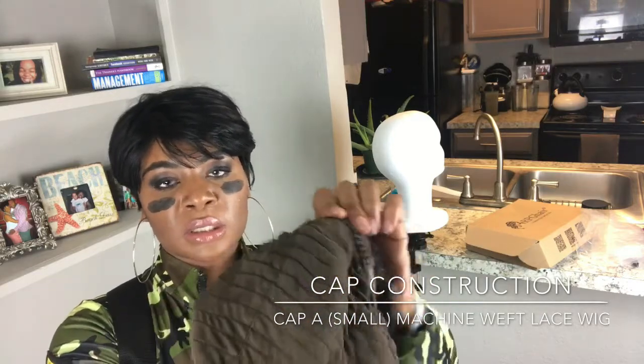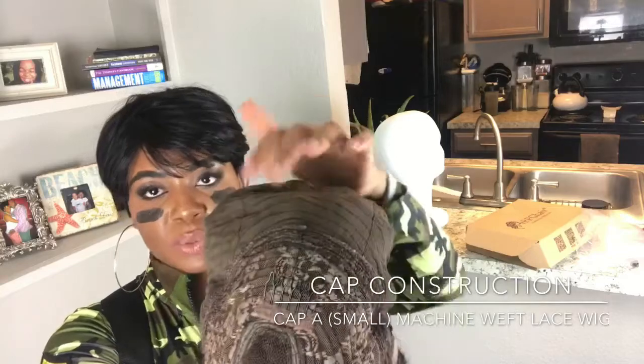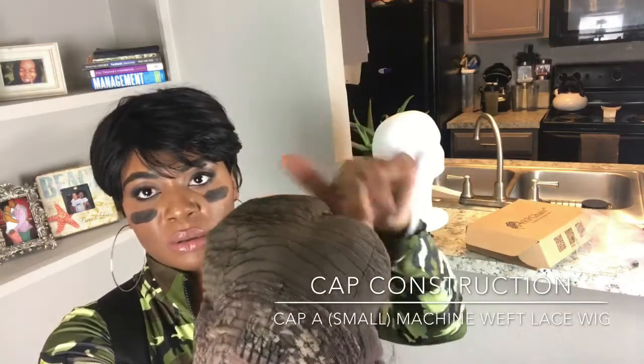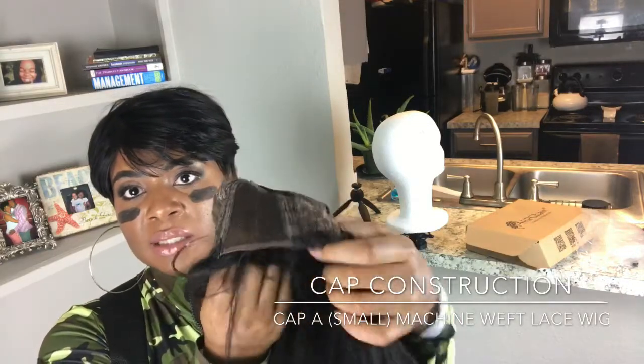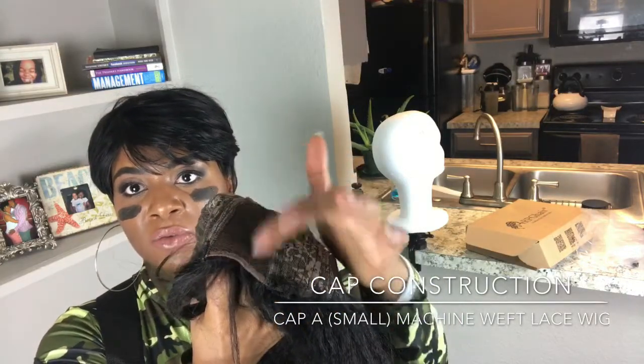So this is what the cap looks like. It's pretty much all wefts here, and then there's the lace in the front. So that is the only part that you have for natural parting. One thing I noticed about the wig, this was actually my very first wig purchase. So I purchased this. I was actually planning the trip to Dubai last year, or actually this year. We went in March, and